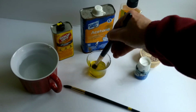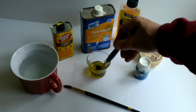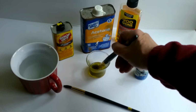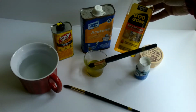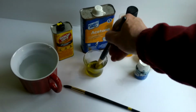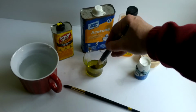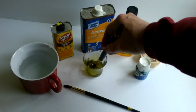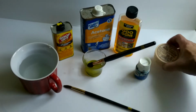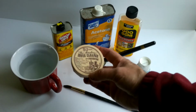It's also for removing things from the window and stuff. But this Goo Gone has actually rescued 3 of the brushes I had. After I get done, a lot of times there's still some residue on there. So after I get this stuff out of there, I'll take this brush cleaner